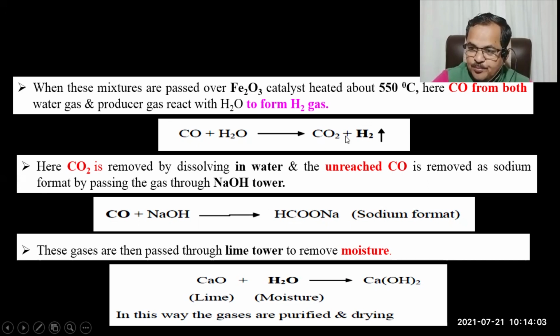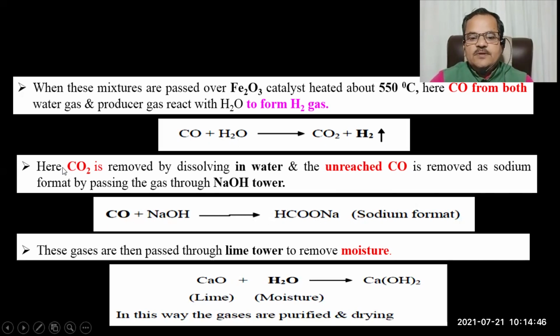Now CO2 is an impurity. Impurity means it is unwanted for us. We want only H2 gas and N2 gas as reactants. Also, there is some unreacted CO as well as moisture. That's why you have to remove CO, moisture, as well as the CO2 produced in this gas. These are actually impurities, and we want only H2 gas.